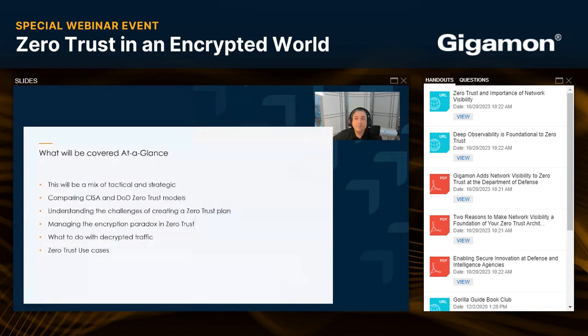So what we're going to cover at a glance, we're going to cover a bit of tactical and strategic. We're going to compare two of the biggest zero trust models, the CISA model and the Department of Defense model, both U.S. government models. We're going to try to look at some of the challenges in creating a zero trust plan, because you're going to need to have a plan. You can't just have a project, slap zero trust on it, and then assume you're a little bit further down